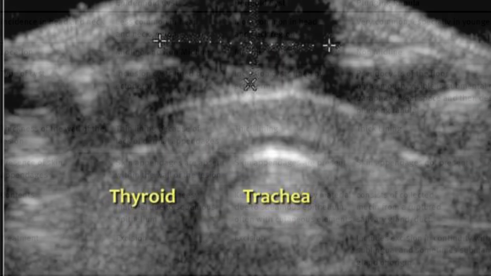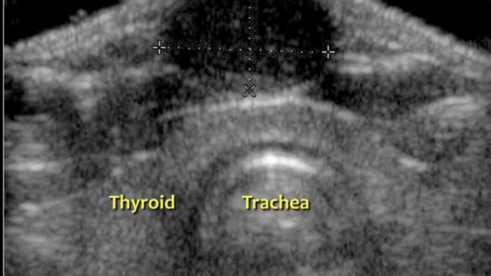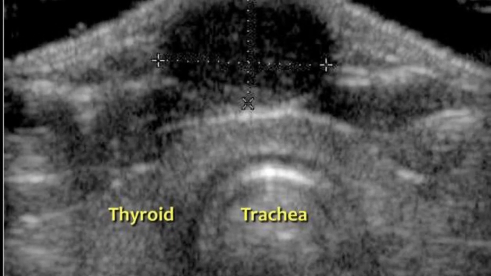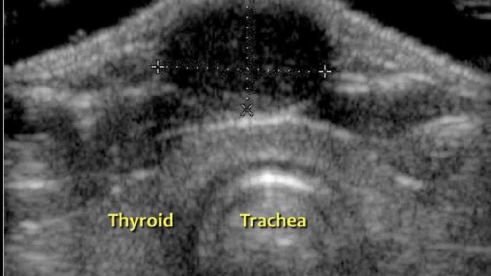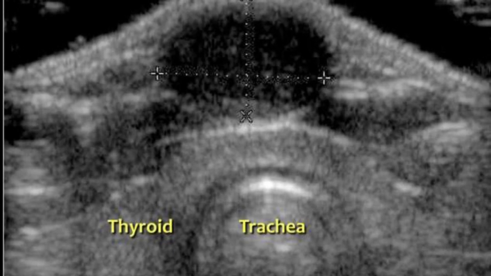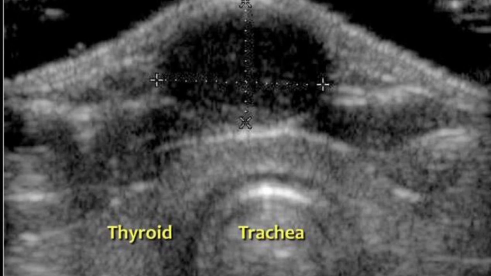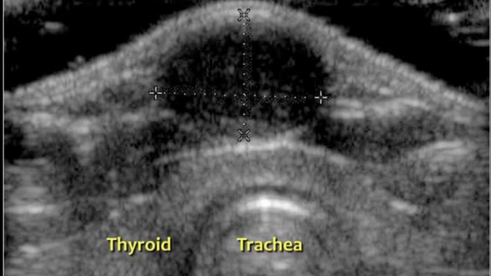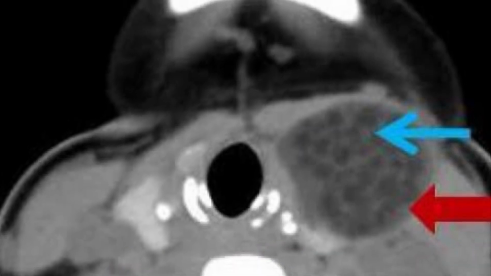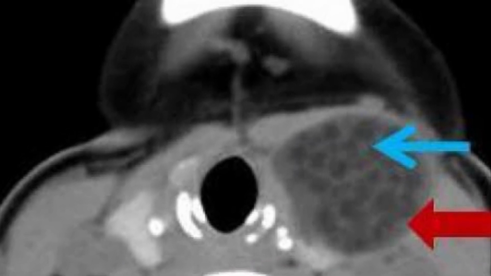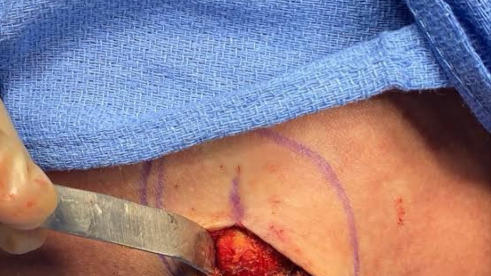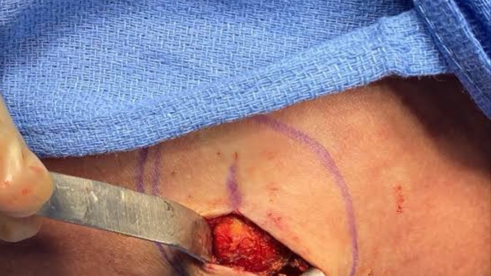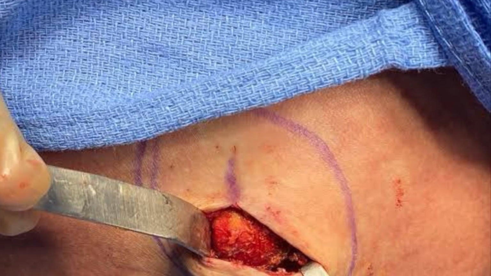FNAC and sonography are more than sufficient to diagnose. If you suspect any attachment to a major structure, then you can go for CT or MRI depending on the location and type of the dermoid cyst. So FNAC will rule out the differential, like plunging ranula and dermoid cyst differentiation. CT and MRI are done in special cases only, where you suspect major structure attachment.